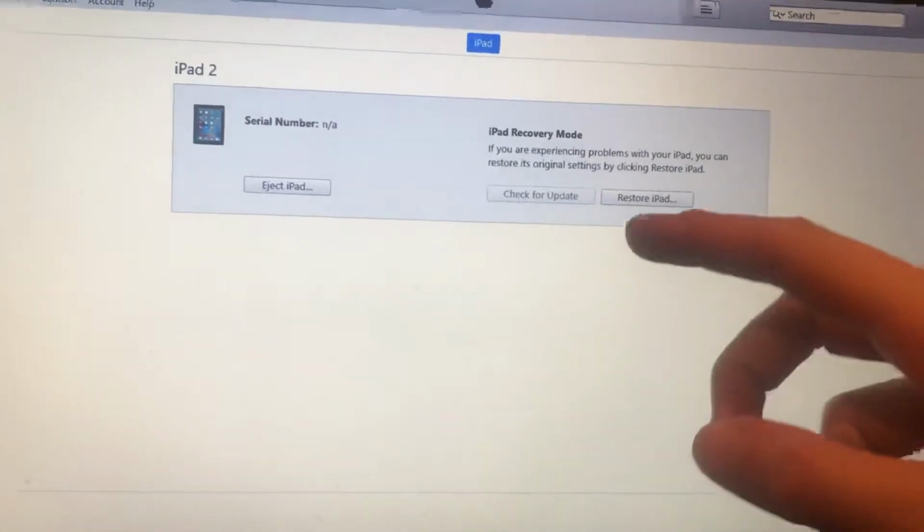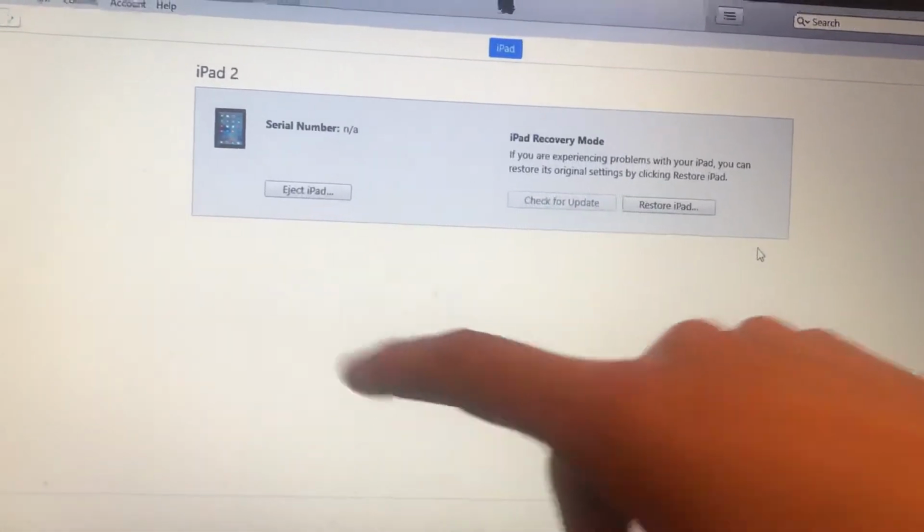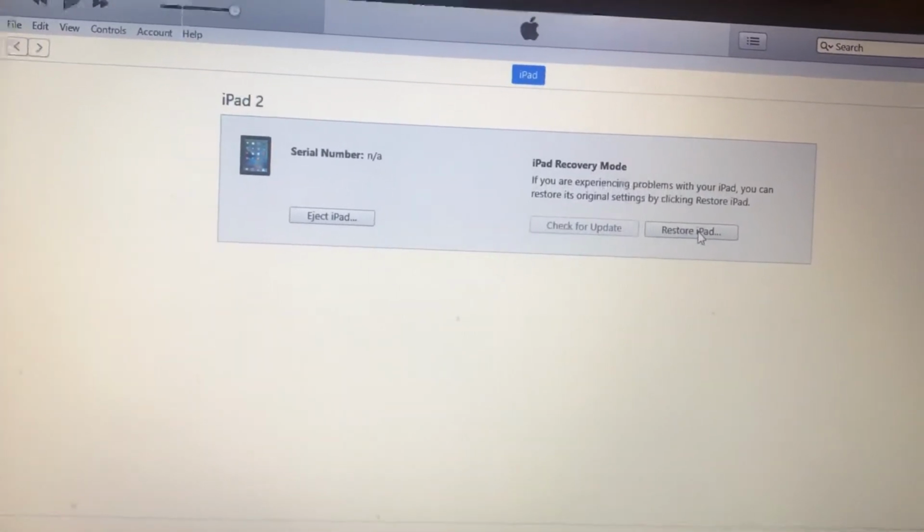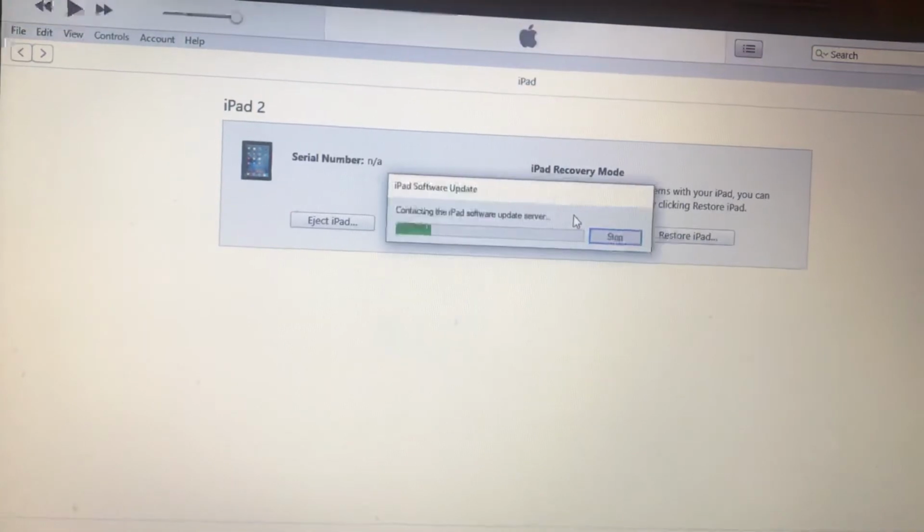and you will see this window, and here you will see restore iPad. So just press on restore iPad,